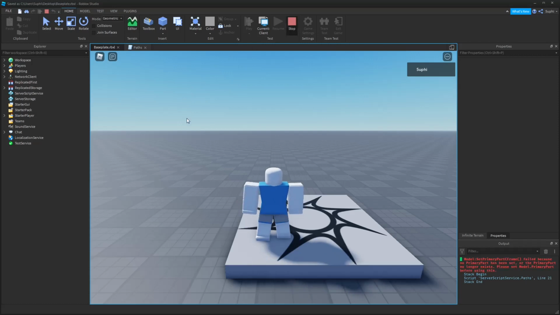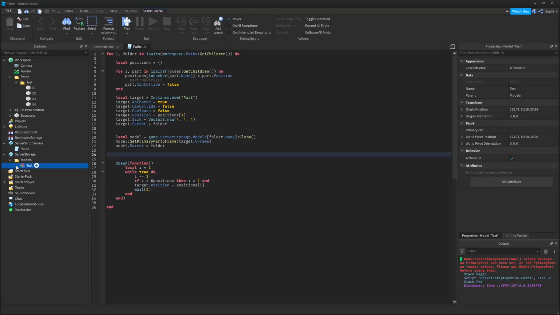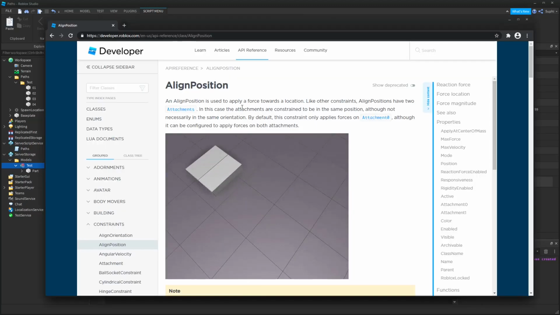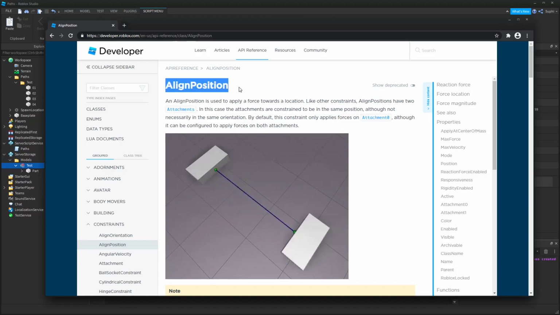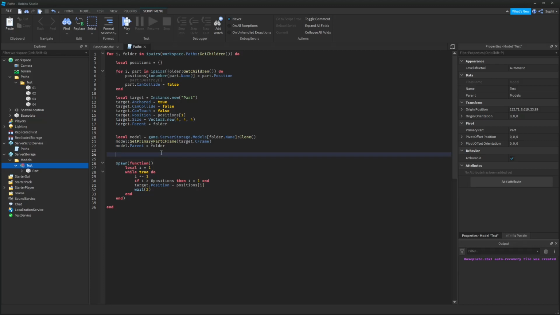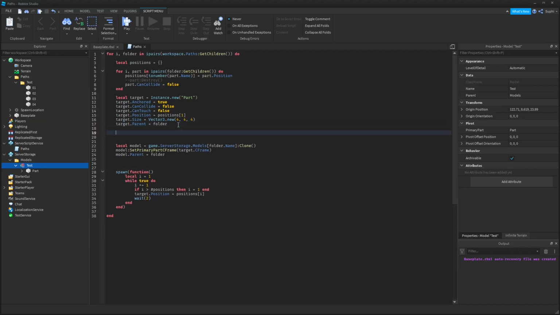So what we need to do is come into our model, and here we have a primary part setting, and we want to make sure we set it to a part inside of the model. So I'm going to set it to this part here, and now we should no longer get an error. In order to make our model move towards the target part, we're going to use the align position constraint. So for the align position constraint to work, we require 2 attachments. So I'm going to create an attachment here,